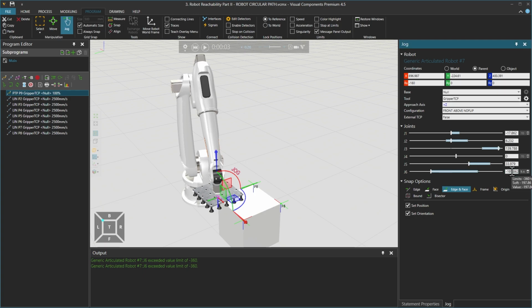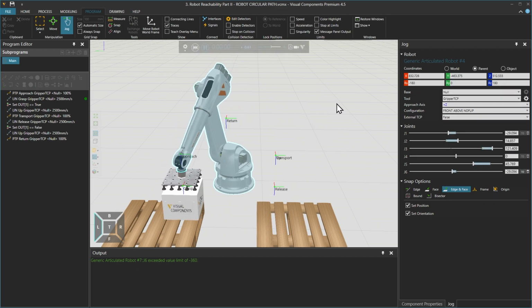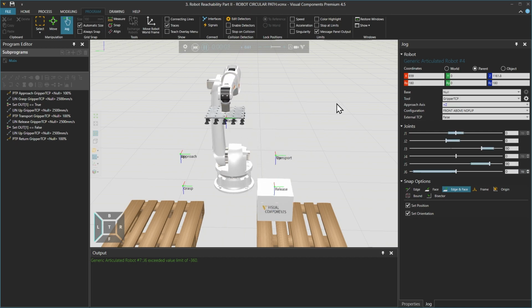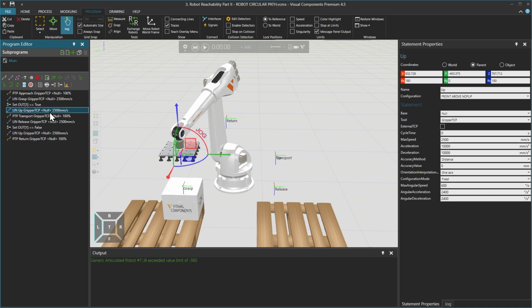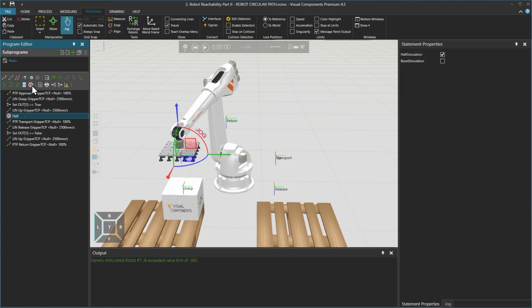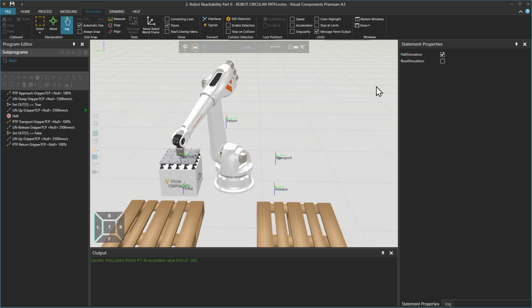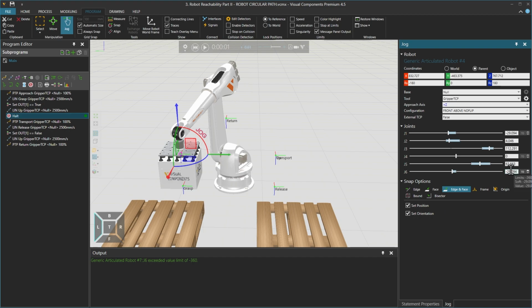And once completed, we end up at minus 197 degrees, the position we were at before we touched up the PTP motion statement. The next joint turn example is a pick and place motion that is often used when training users how to teach a robot, and where sometimes additional rotation of joint J6 is added that the user did not intend to add. Let's select this linear up statement and add a halt statement so the simulation stops at that point. Then reset and run the simulation, and checking the jog tool, joint J6 is at minus 29 degrees.